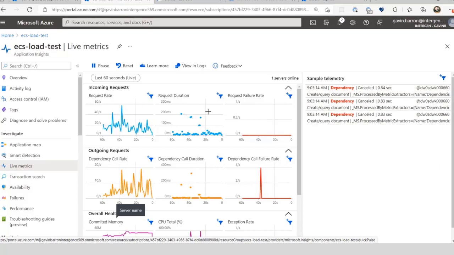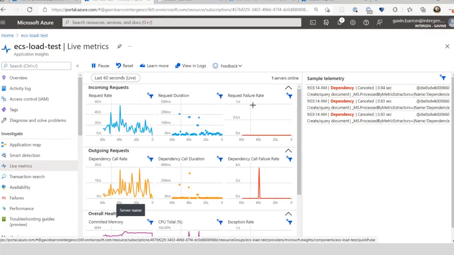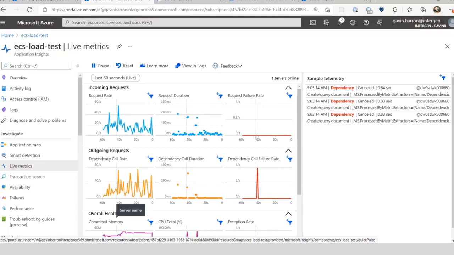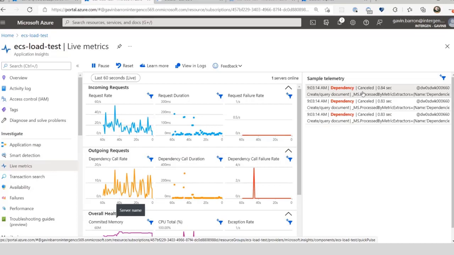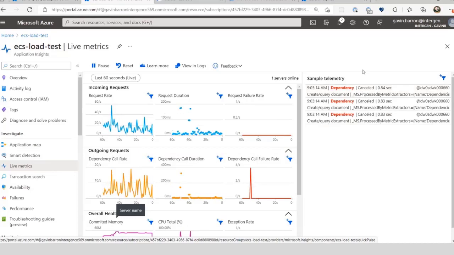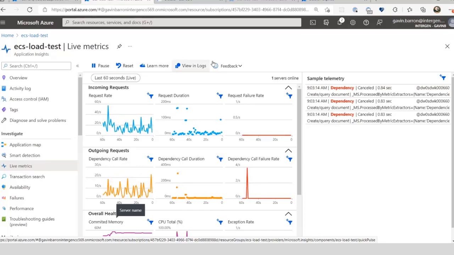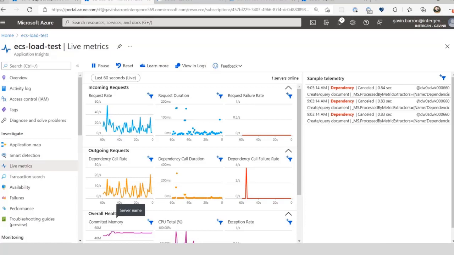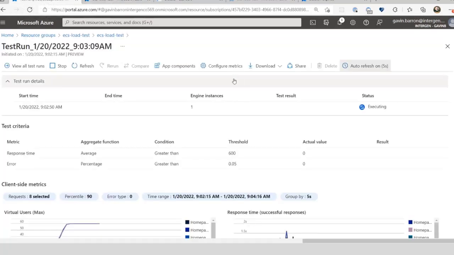My bet is we didn't see any request failures because they were requests to document data, Cosmos DB, and the Cosmos DB SDK will retry a certain number of times before it actually fails the request. So we can see if we jump back to our test run here,